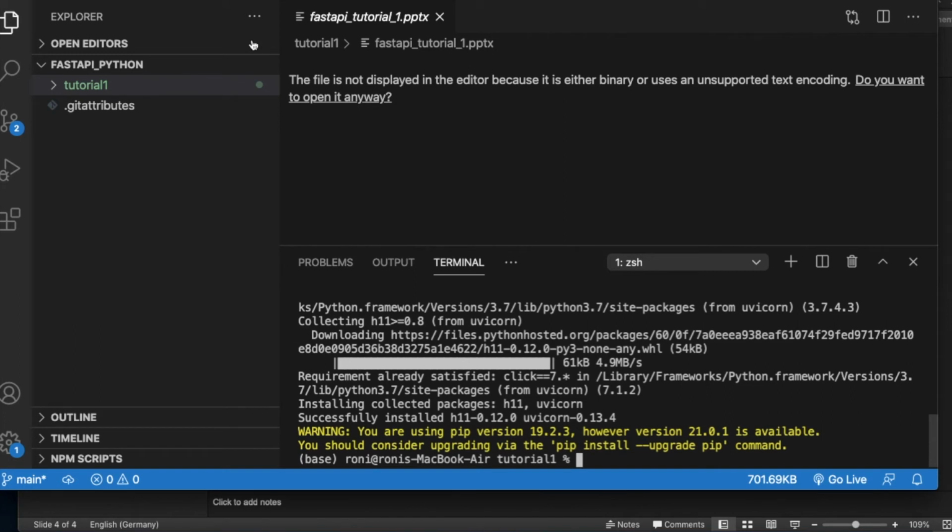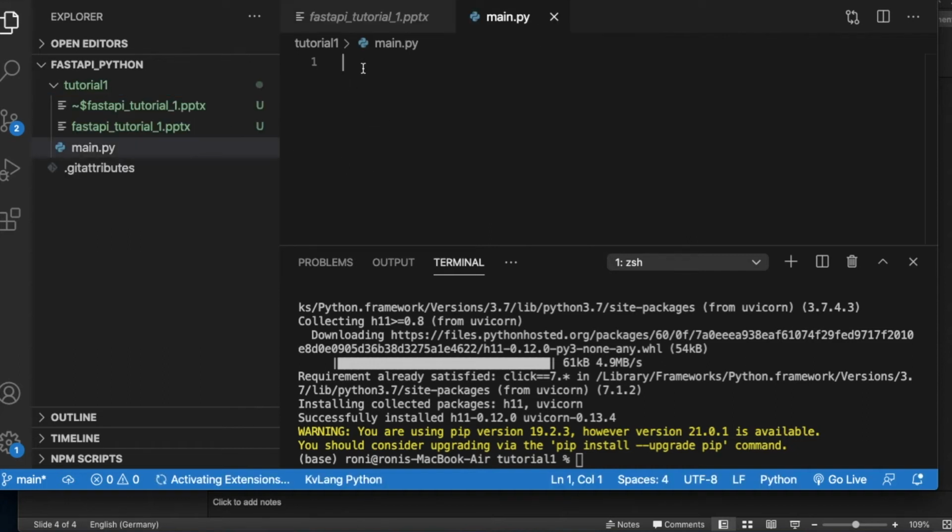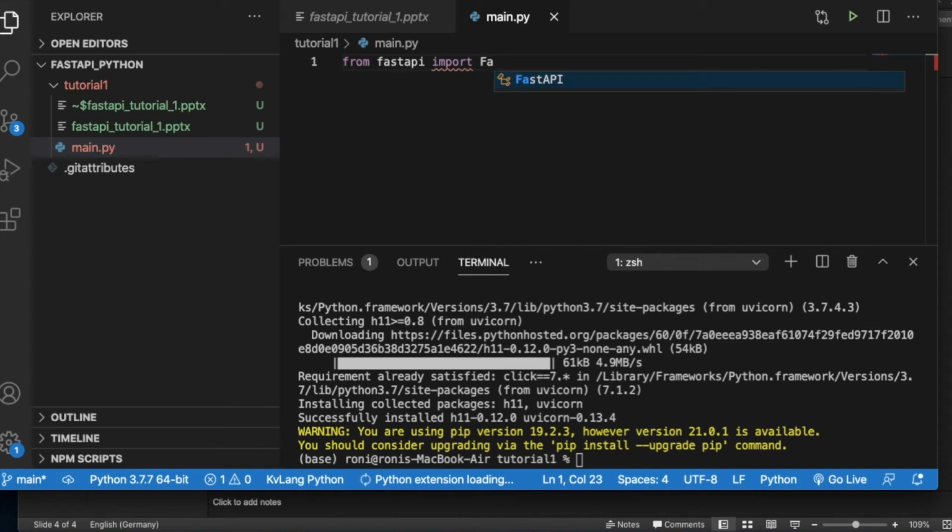It's done. So once this is done, you have to check whether everything is working fine or not. So you have to create a file main.py, and inside that you can write from fastapi import FastAPI, just like Flask. So if I just run python3.7 main.py,